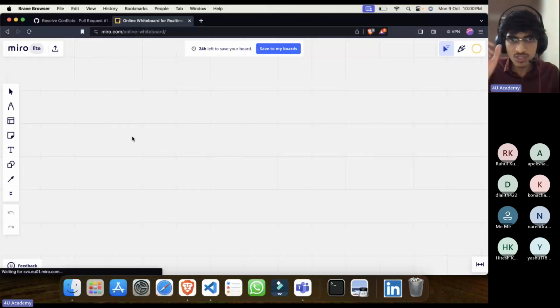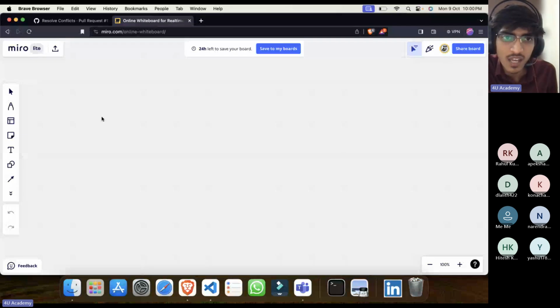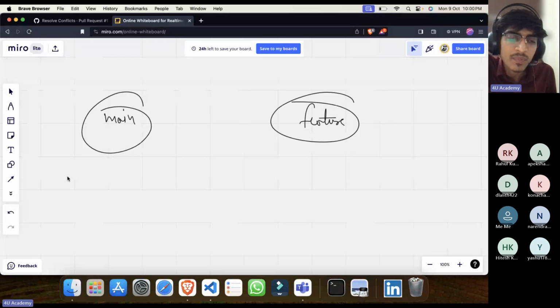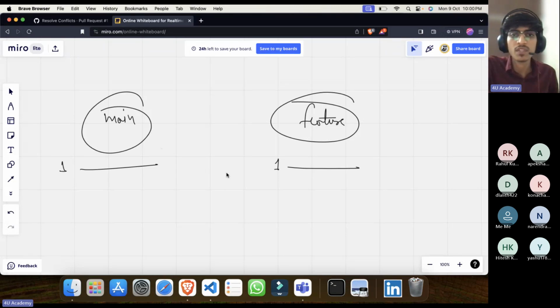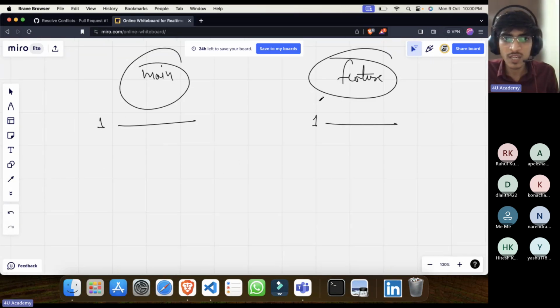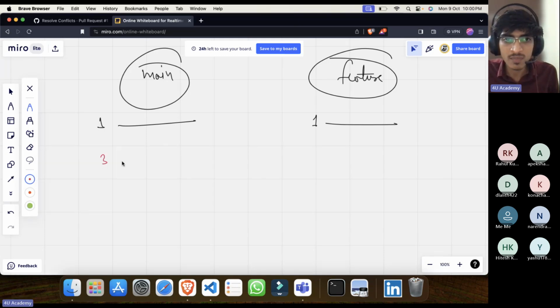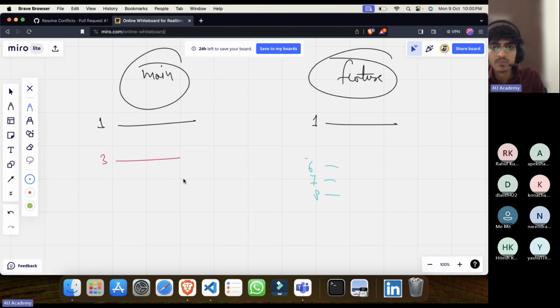You see what just happened. Pay attention, guys. I was in the main branch. I created one more branch called feature. When I created this branch, line number 1 was there, similarly line number 1 was there. This was at the time of creation. Then I made some changes in the main branch, like line number 3. But at the same time, I made some more changes in lines 6, 7, 8. Now when I'm trying to merge them, it is telling me what you want to keep, like how to merge.